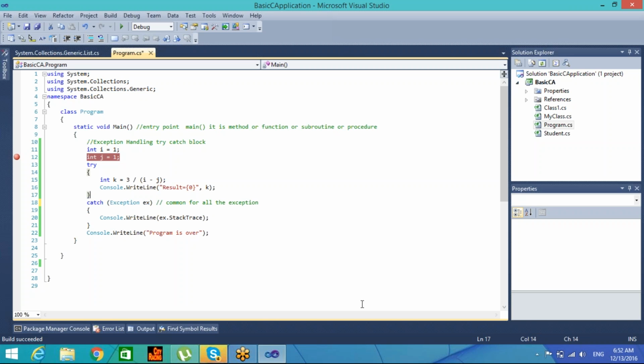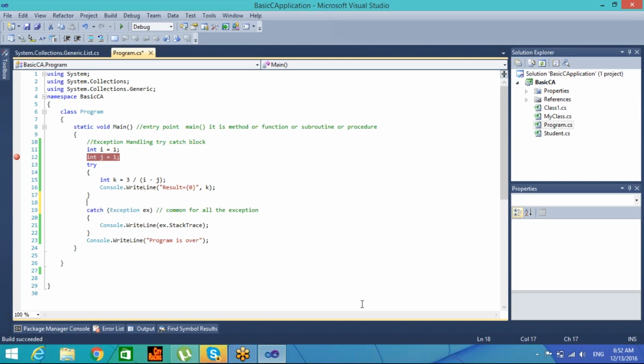You want that if this error occurred, then I perform this, and if that error occurred, then I perform that. So a try is one, but it can have multiple catches. So if I say catch,